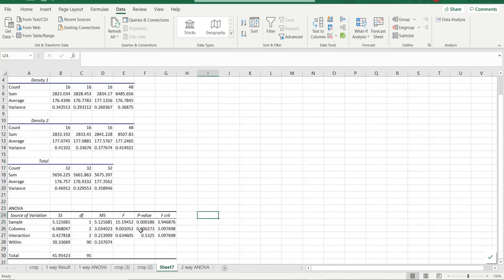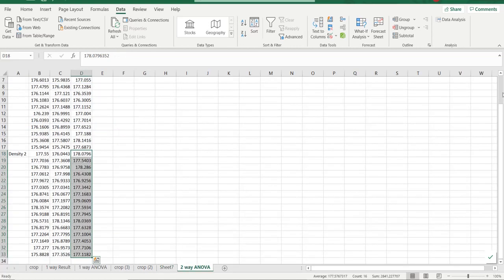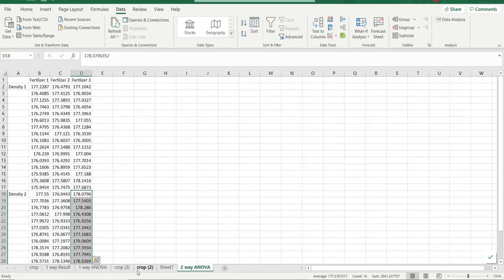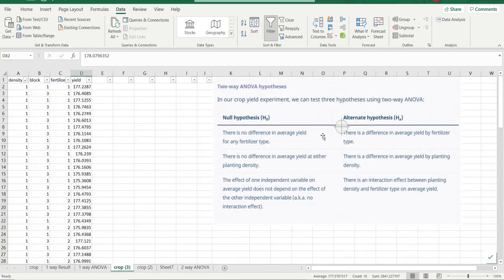Now let's check the results for the fertilizer type. Again, the p-value for fertilizer type is 0.0002, which is less than 0.05. So we can reject the null hypothesis and accept the alternate hypothesis, which implies that there is a difference in the average yield by fertilizer type.